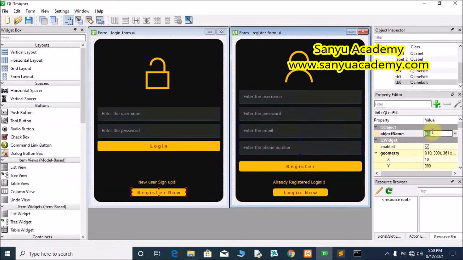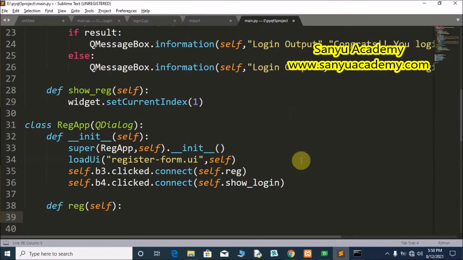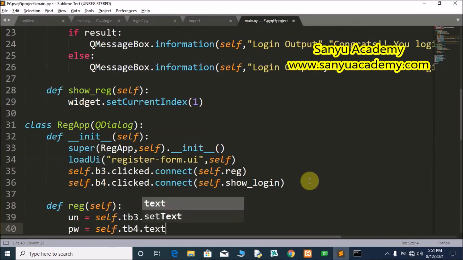We have to collect these four variables from the input. For that, we are going to create variable un is equal to self dot tb3 dot text, open bracket close bracket, pw is equal to self dot tb4 dot text.